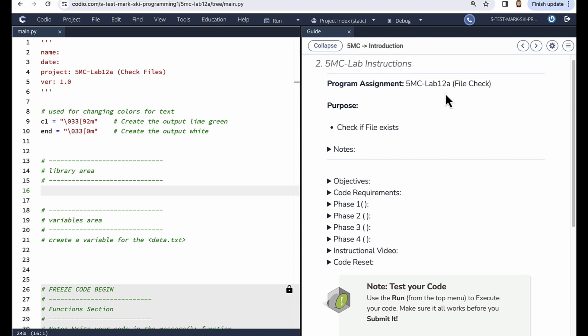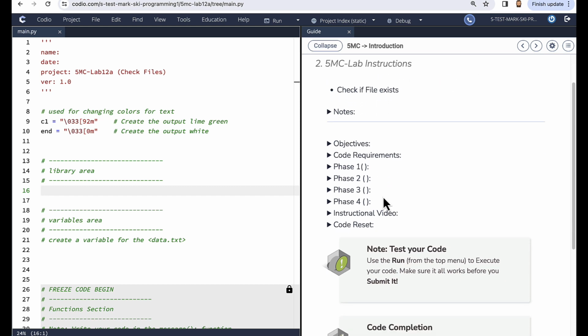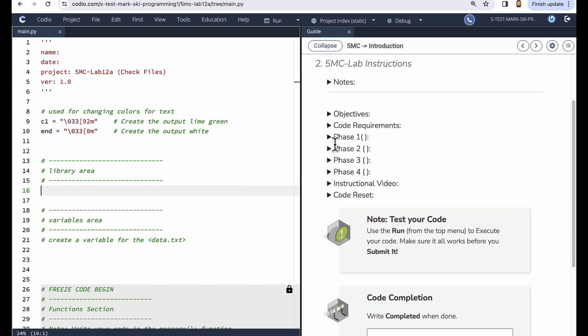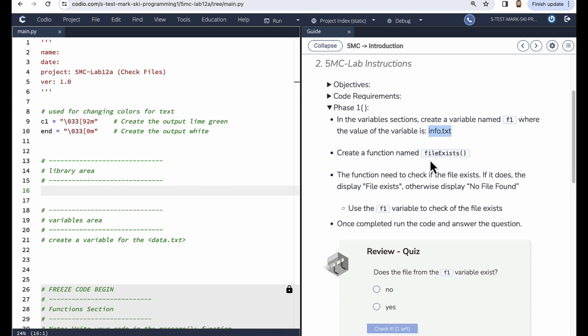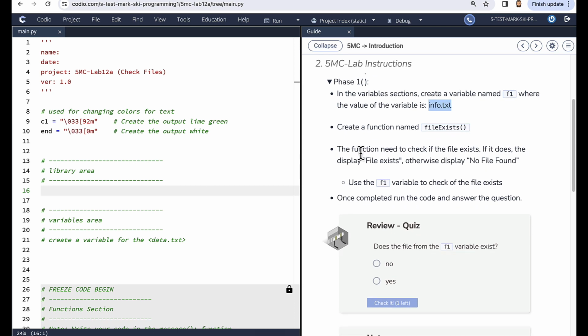Alright, in this video presentation, what we're going to do is look at how to check if a file exists. We have a couple of phases that we're going to go through, a couple of examples. In the first one, phase 1, in the variable section, we're going to create a variable named f1, where we're going to append a value of info.txt. We're going to create a function named fileExists, and the function's purpose is to check